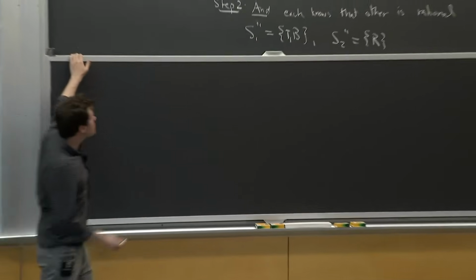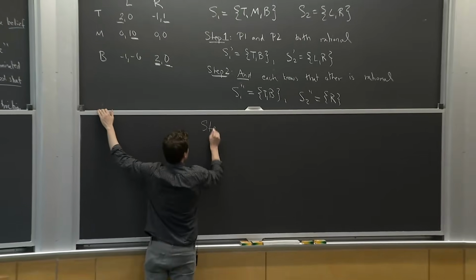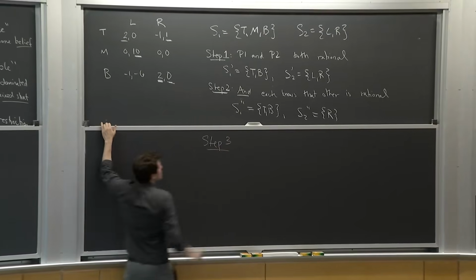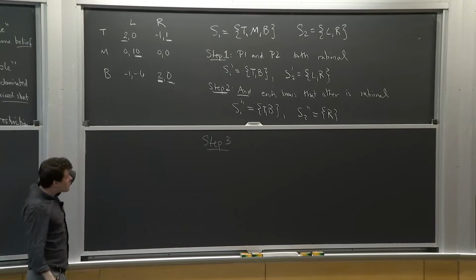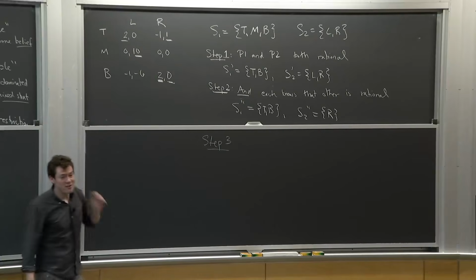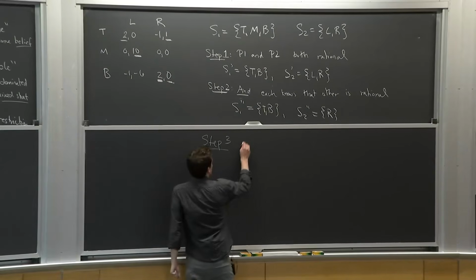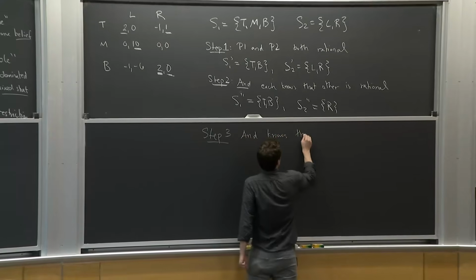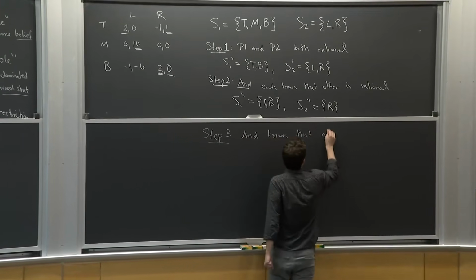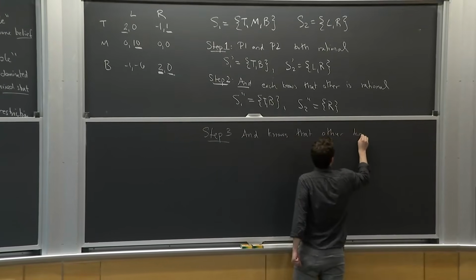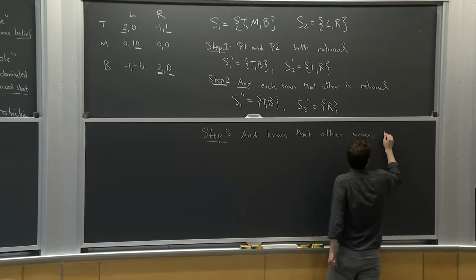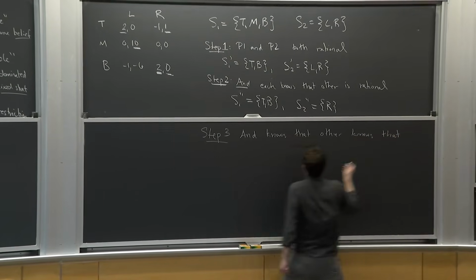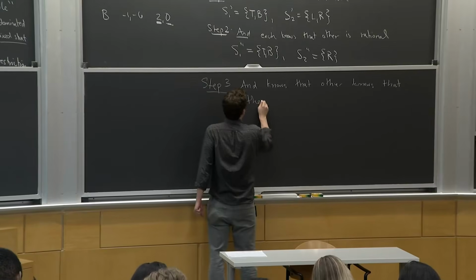So now it gets a bit cumbersome to write, but maybe I'll say step 3 is that each player knows that each other player knows that the other player is rational. This is a bit trickier to say, but each knows that the other knows that they are rational. It's a bit sloppy, but